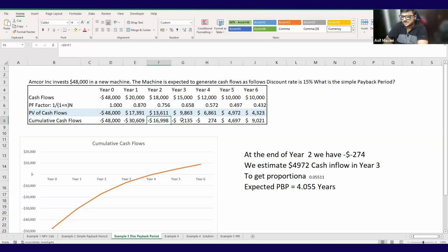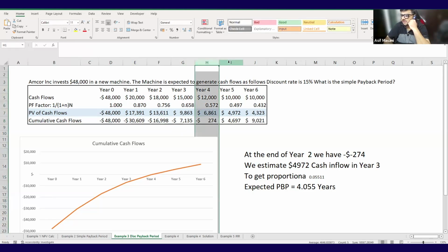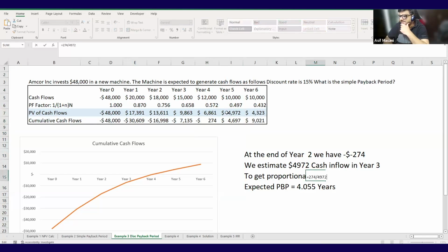And you can then calculate this cumulatively, and you notice between year 4 and year 5 it turns from negative to positive. So your break even, I mean your discounted payback period, will be somewhere between year 4 and year 5. And you can do more detailed calculations. So you can say 4 years, and so here is the calculation. In the 5th year you needed only $274 to break even, but you got $4,972. So that's 274 divided by 4,972. So that's how you get the fraction. So it is 4 years and the fractional year. So the expected discounted payback period would be 4.055 years in this case.